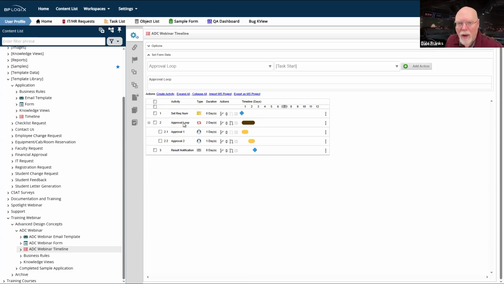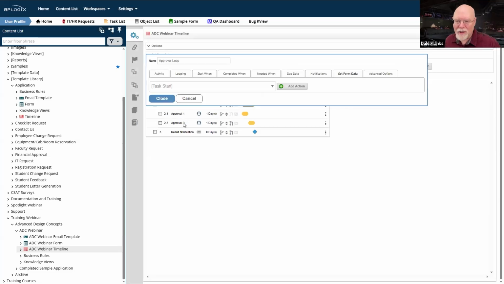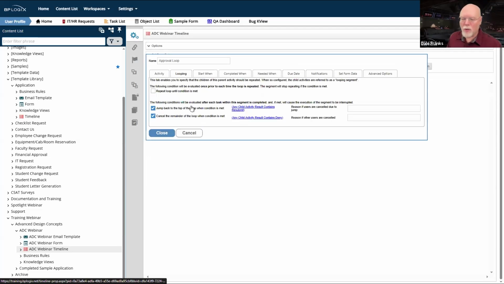Whenever we have an approval, we have to figure out how to do 3 things, and the loop is what enables us to do those 3 things. A, I need to be able to just go through the loop once, assuming everything works well, and drop out to whatever activity runs after the end of my approvals. In this case, it's a notification. So I have to have my optimal path through my approval loop. Now, that's pretty easy. That's just done by creating the activities inside the loop.